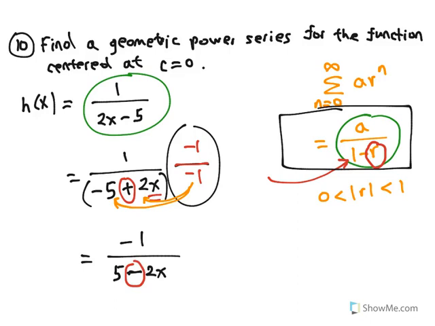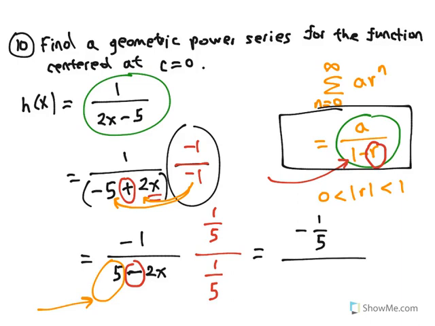We want to have the form a over 1 minus r. So we begin with the plus sign, now we have a minus sign, but I need for this number here to be 1, because I need to have a over 1 minus r. Again, that is easy to do. Just multiply your function by a form of 1. We will multiply our function by 1/5 over 1/5, which is a form of 1, and that would give negative 1/5 in the numerator over, when you distribute the 1/5 to the 5, you get 1, and when you distribute the 1/5 to the minus 2x, you get minus